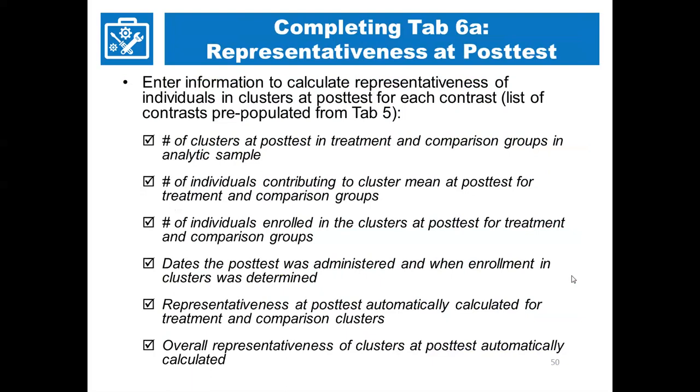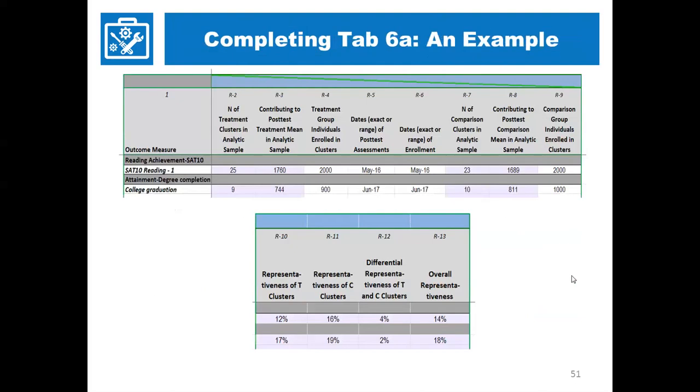This slide lists all the information that you need to complete tab 6A, but I'm going to go through it with the example tab, the completed example. So in the example here, representativeness at post-test is calculated for 2 contrasts. For each contrast, for the treatment group and for the comparison group, the analytic sample sizes are automatically pre-populated